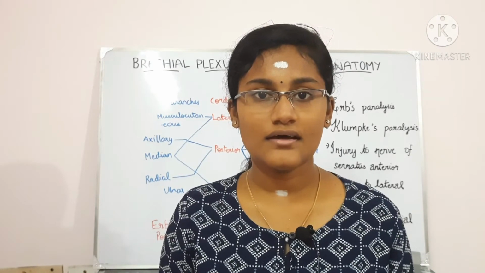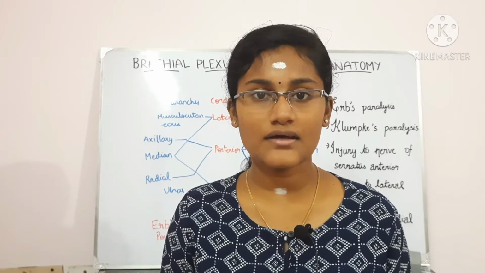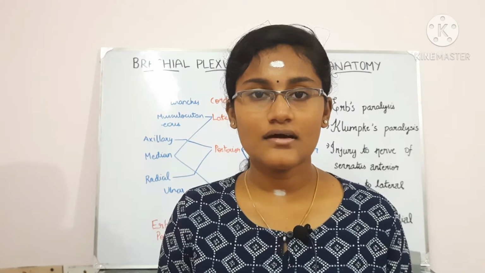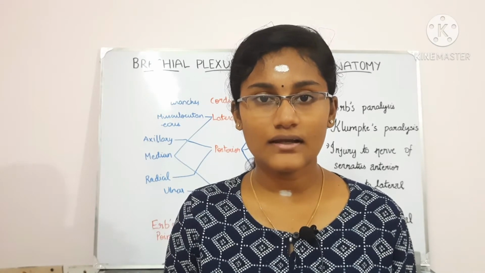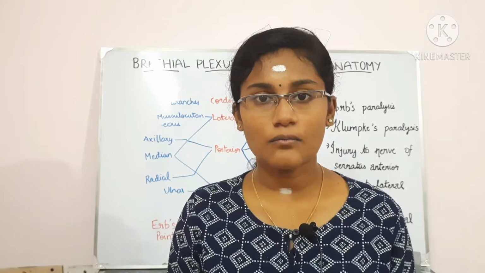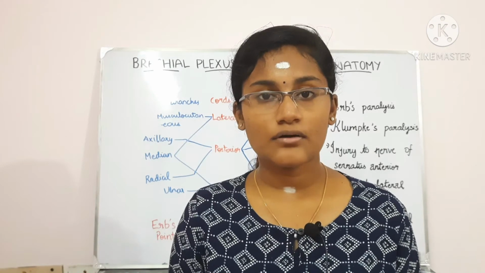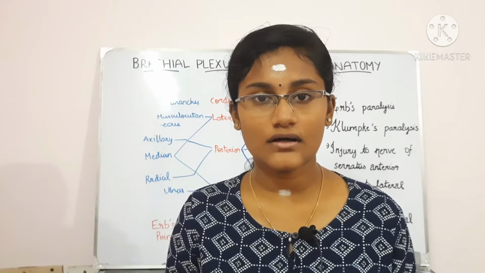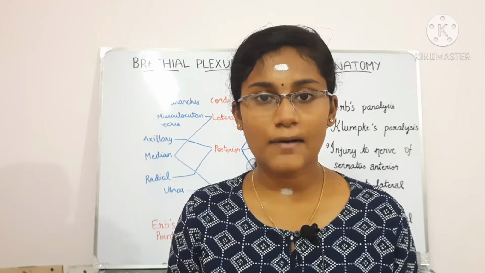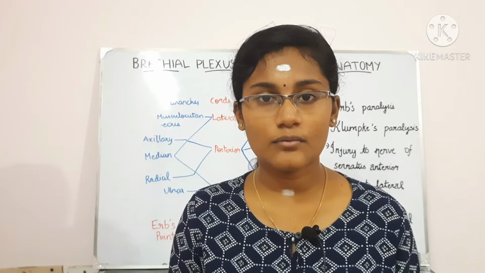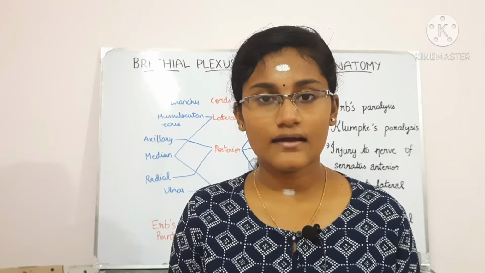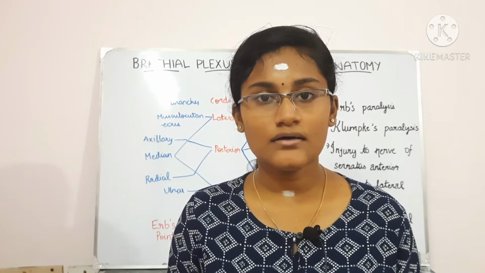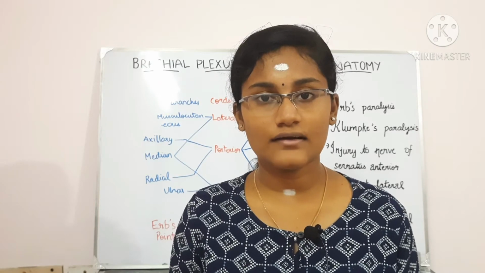This is Abhirami and I am here to discuss with you today's topic, that is the clinical anatomy related to the brachial plexus. Okay, so before we start with the clinical anatomy, first let me explain what is brachial plexus. The brachial plexus is a network of nerves that arise from the spinal cord and they go through the cervicoaxillary canal in the neck and they go over the first rib and they pass deep into the armpit. Okay, and they are made up of the lower four spinal nerves in the cervical region and the first thoracic nerve.